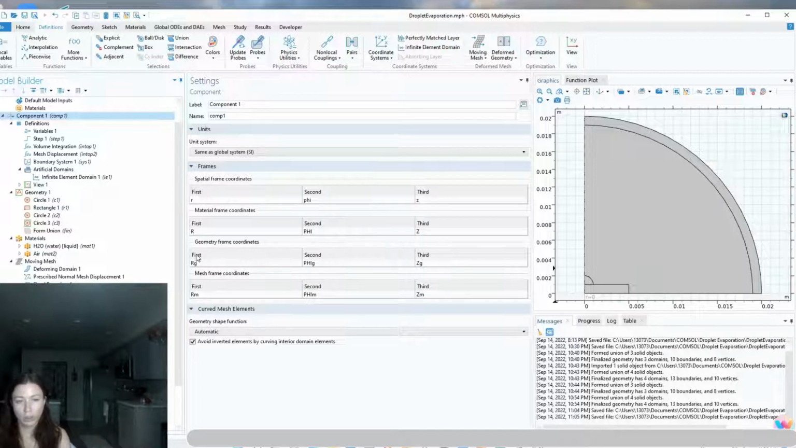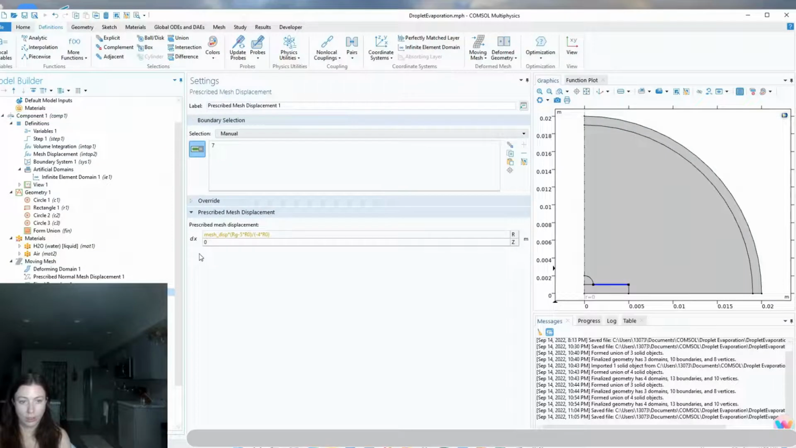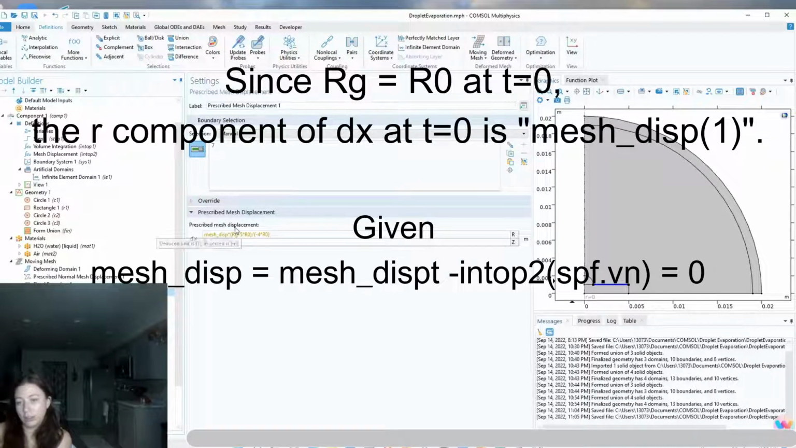So we're going to use the geometry frame coordinate for R here in the prescribed mesh for Rg. And R0 is just a constant, the beginning droplet radius. So when the droplet is at the beginning, when the radius of the droplet is R0, which is only at the beginning times 0, this would be